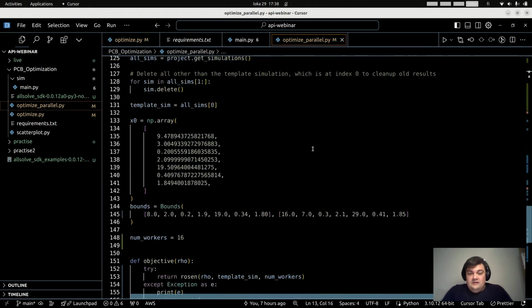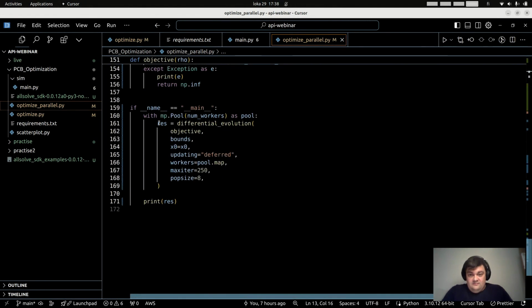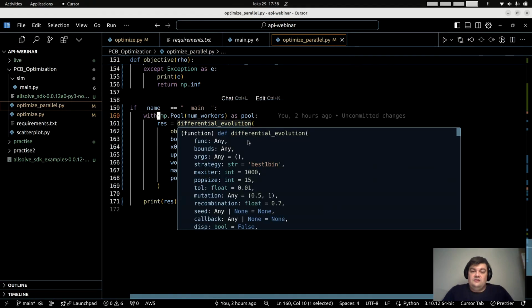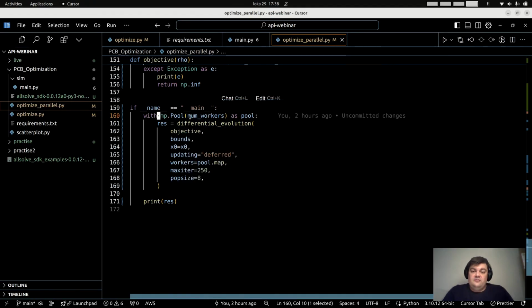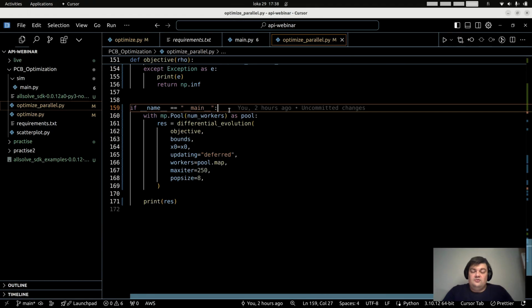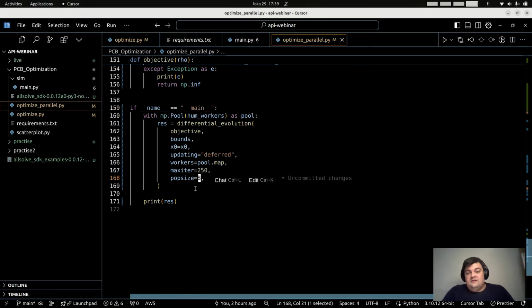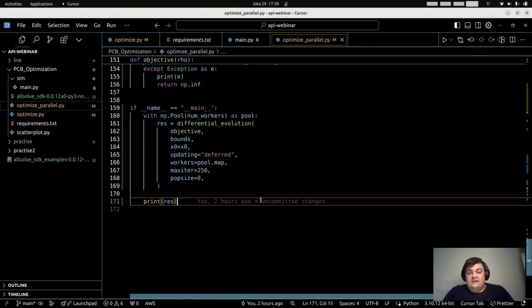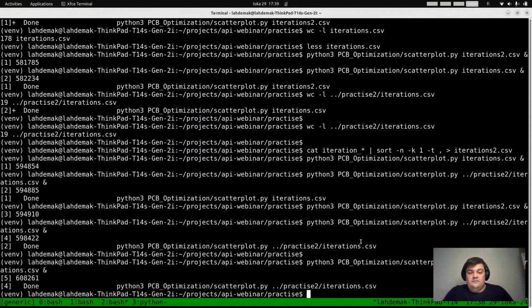So basically, it's just a different function from SciPy, and then you create a pool of workers, and this is actually running on your machine, but it's just to control the simulations that will run in the cloud. And with this, it will start a number of simulations in parallel